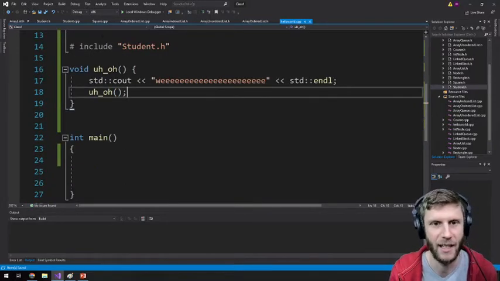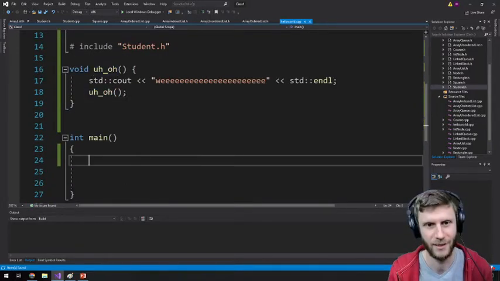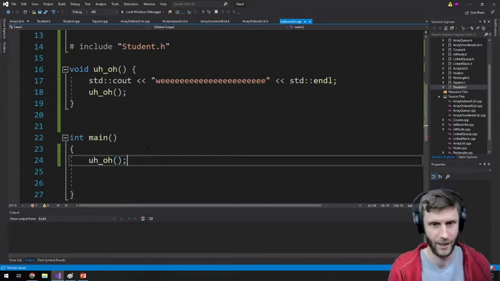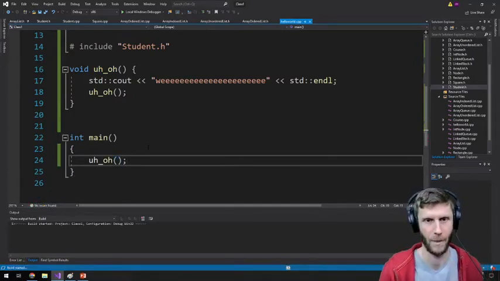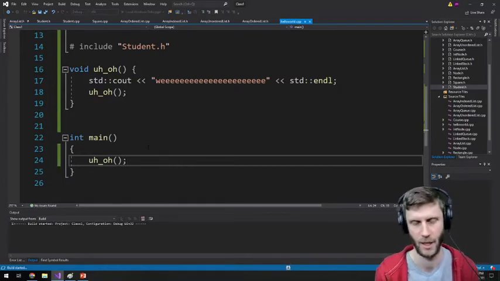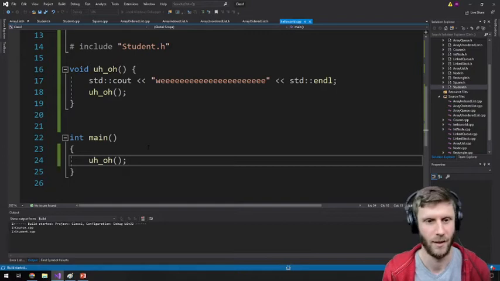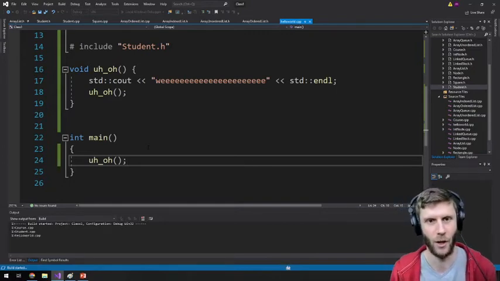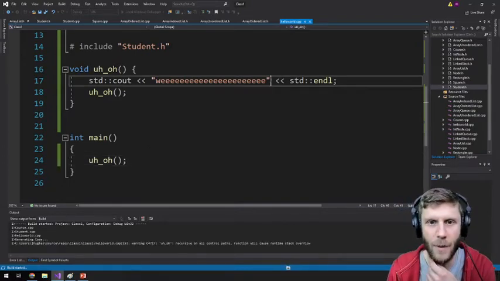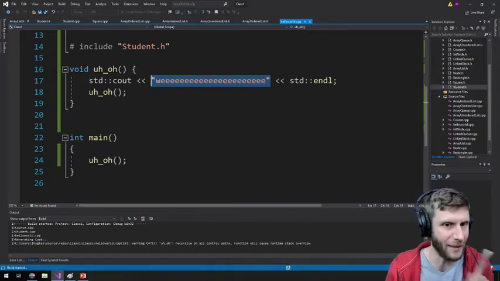Perfect. And then in here, I'm just going to call uh-oh. And I'm going to hit run, Control-Shift-B. So, actually, no. You know what I'm going to do? I'm going to have it print out. Okay, I'm going to write this slightly differently.